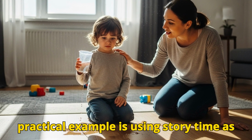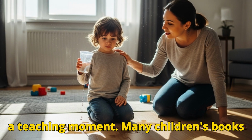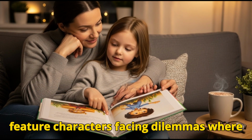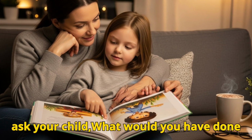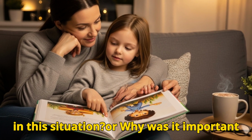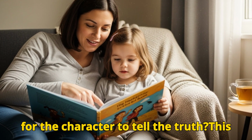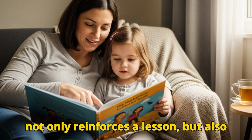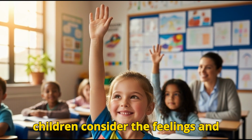Another practical example is using story time as a teaching moment. Many children's books feature characters facing dilemmas where honesty matters. After reading, ask your child, what would you have done in this situation? Or, why was it important for the character to tell the truth? This not only reinforces a lesson, but also develops critical thinking and empathy, as children consider the feelings and consequences